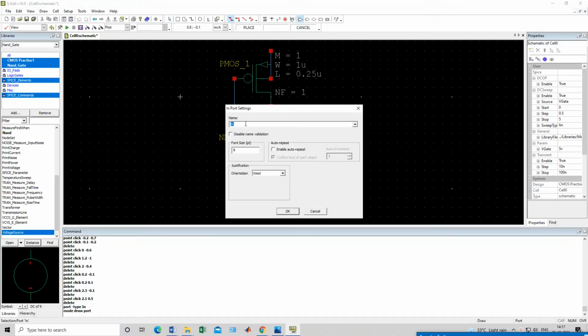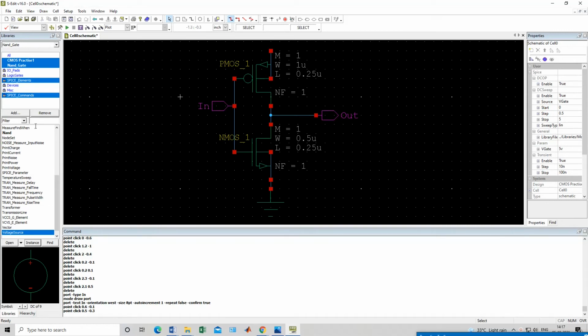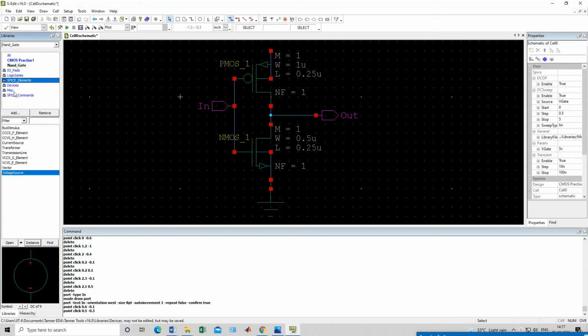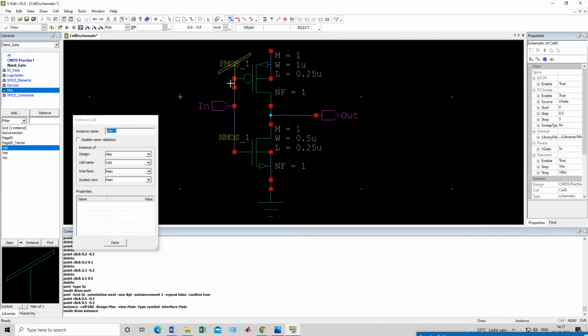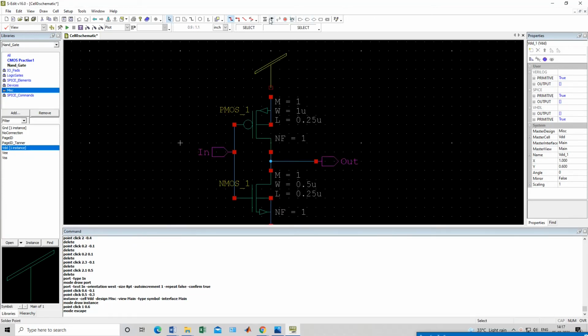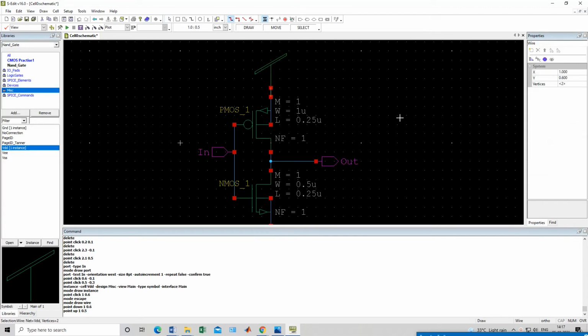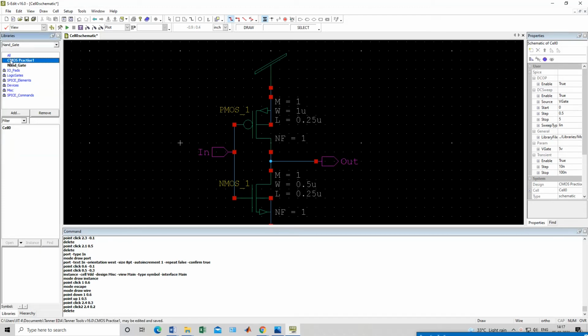Input port, take it as in only. Okay, no problem. In and out are there, and instead of VDD being directly connected inside, we will connect one VDD here. Okay, so that in future designs we will use this VDD and directly connect one voltage source to it. So this is my CMOS design that I want to use, and it has been constructed under the design name of CMOS practice 1.